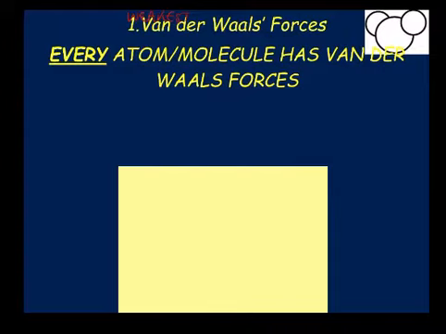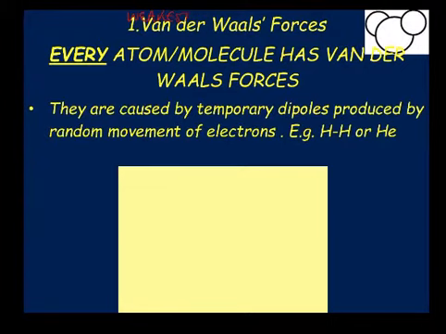It's a prerequisite because they all have electrons, so therefore they're going to have it. And when we look at different molecules, you just need to decide, is it only van der Waals or is there another